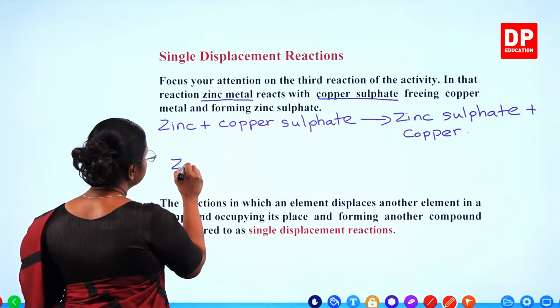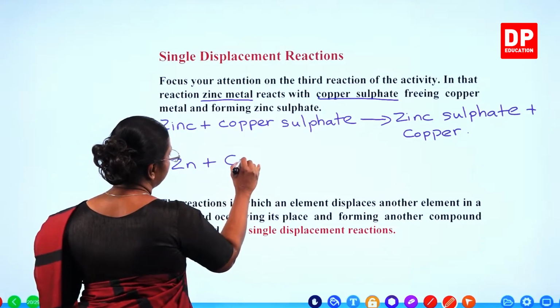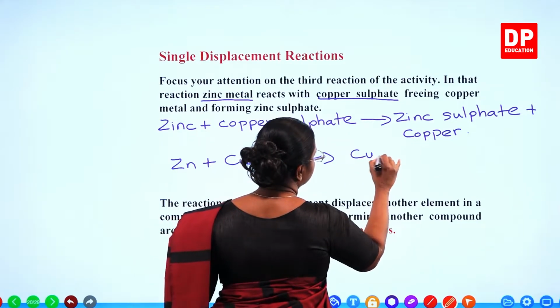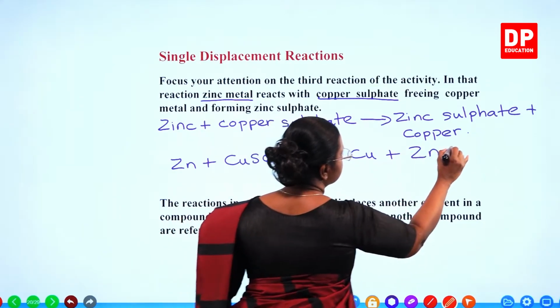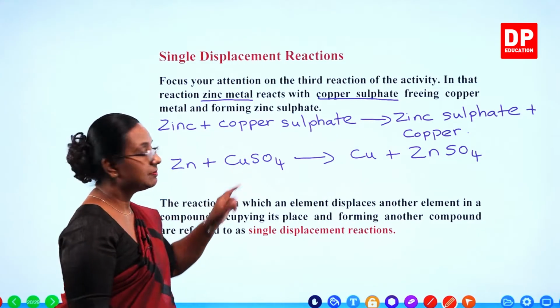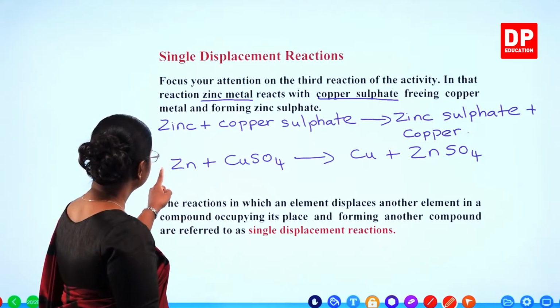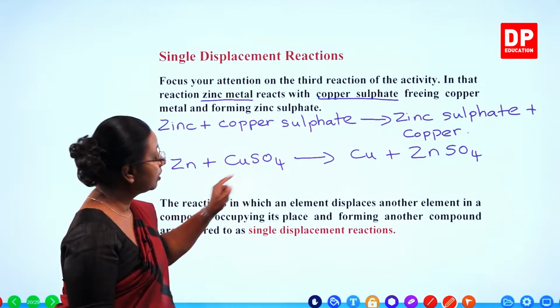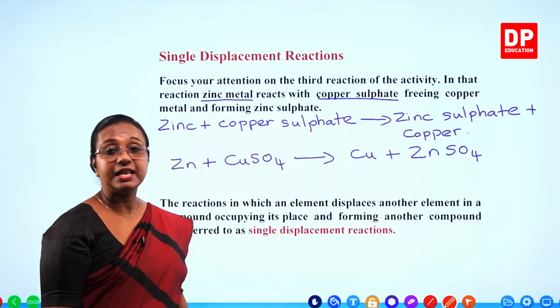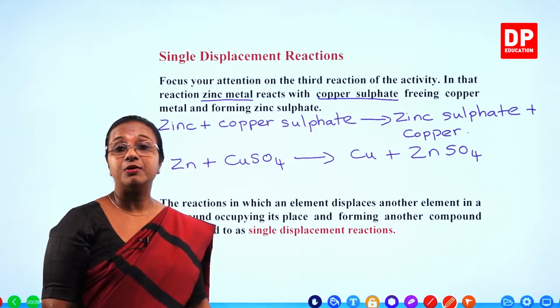So here zinc plus copper sulfate gives rise to copper plus zinc sulfate. So this is a balanced chemical equation. Zinc is an element, copper sulfate is a compound, gives rise to copper, again an element, and the compound zinc